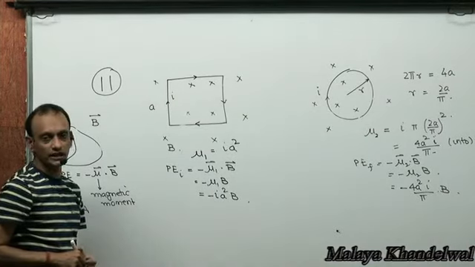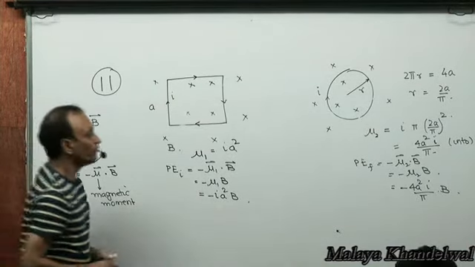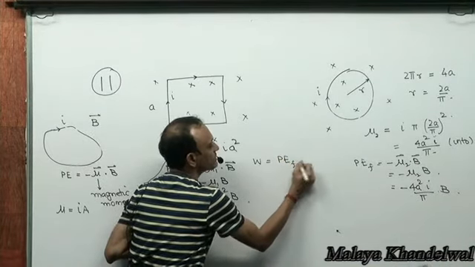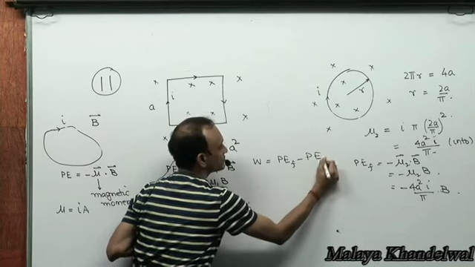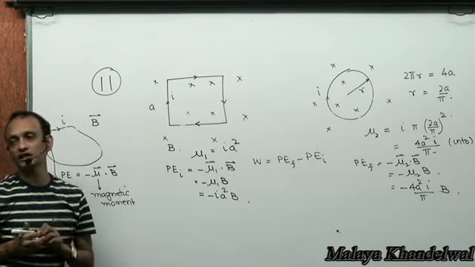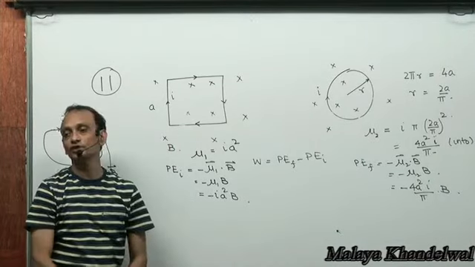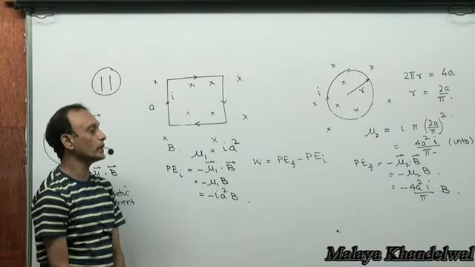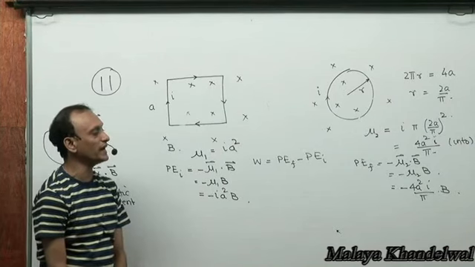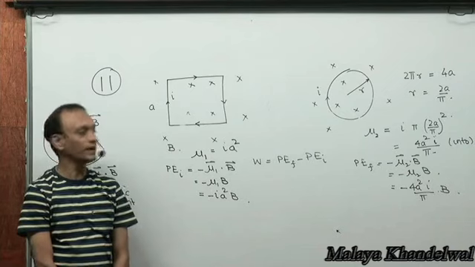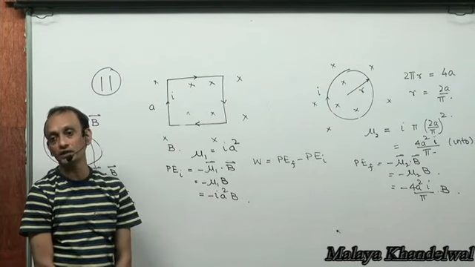That's the final potential energy. Work done is going to be final potential energy minus initial potential energy. Do a difference of these two, and that will give you the work done. BA squared I you can take common and perform the rest. Final potential minus initial potential energy, that's going to be the work done